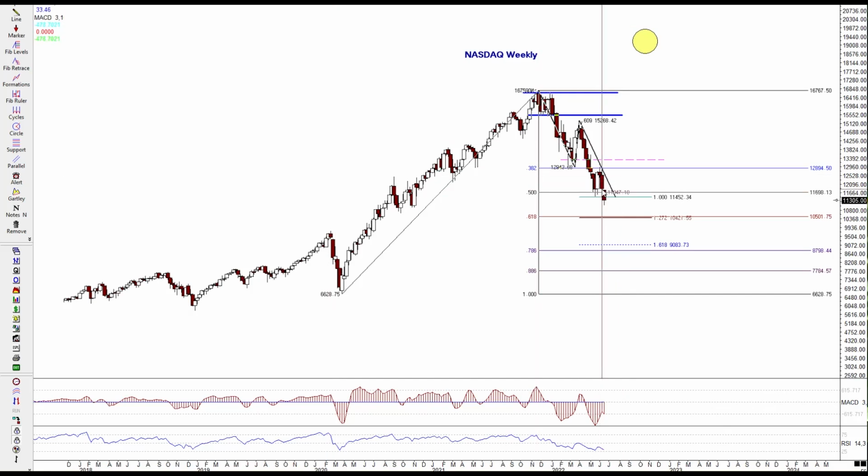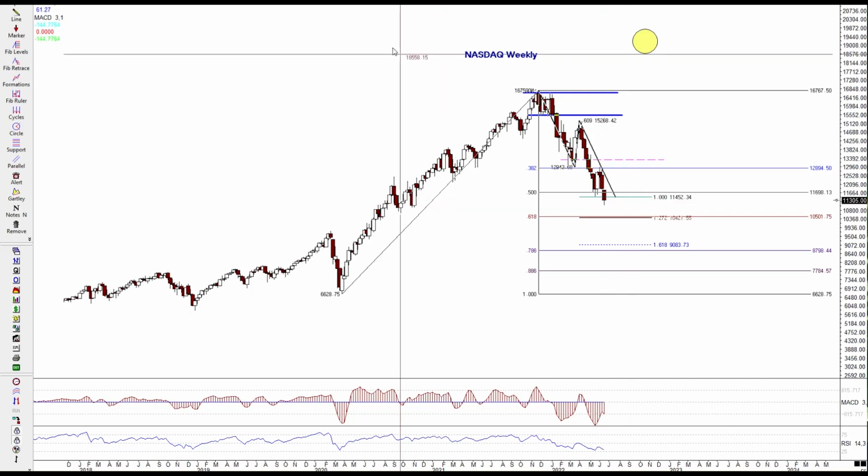when you see these long types of candles here, sometimes watch around the halfway point of a candle like that for resistance, or even right up here at the open. I'd be monitoring the market with any rally back up into that area and looking at some of your momentum indicators to see if they're showing real strength, or if you're starting to see some sell divergences, and possibly that might be a warning that the market's ready to roll over again. And again, we'll be watching this 618 on the NASDAQ as the next level